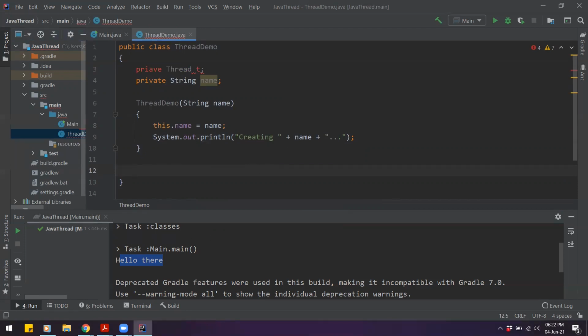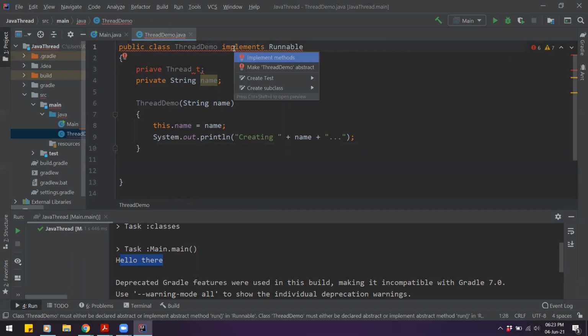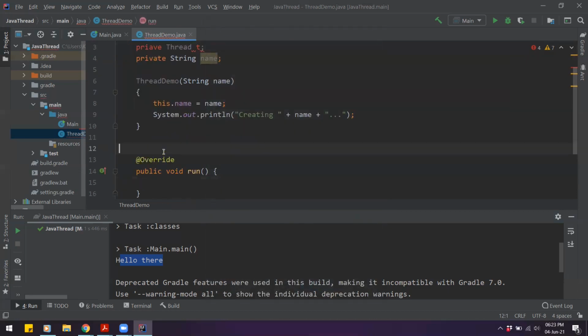Now to implement our thread class, we will need to implement some methods inside this class. And to do that, we need to implement the Runnable interface for us to be able to run this class as a thread. Now you will notice that we are getting some error over here in the first line. And if I hover on that, it says that we need to implement the run method in this Runnable class. So to fix the error, we will need to implement those methods. That is the run method. And this is where the logic of the code goes in.